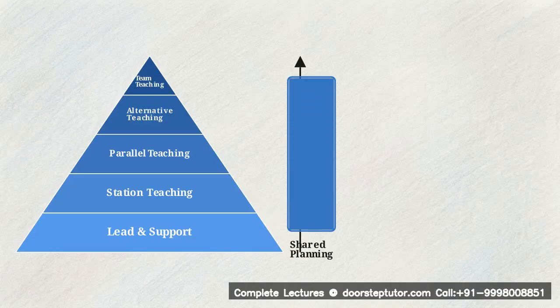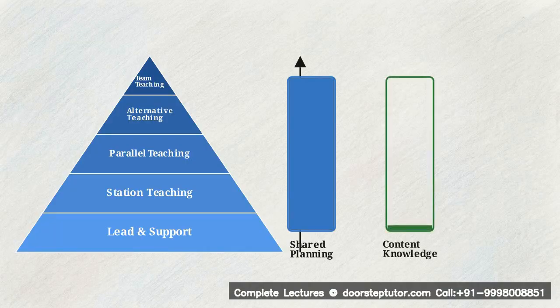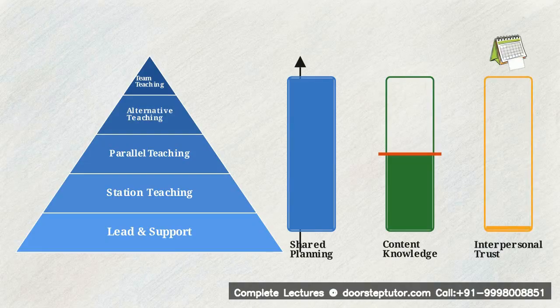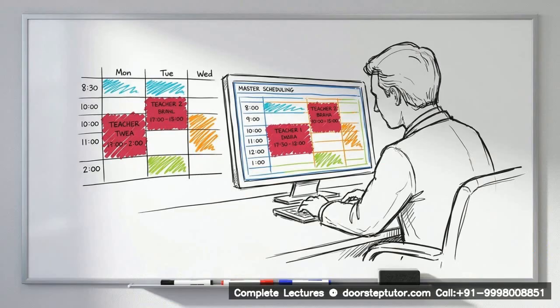The second variable is equality of content knowledge. In secondary schools, where subjects are highly specialized, a gap in subject mastery often prevents teams from moving into more advanced models. Finally, there is interpersonal trust. Advanced models require a level of professional respect that is typically built through consistency over several school years. Evaluating your team against these 3 variables allows you to select a model that fits your actual resources, rather than